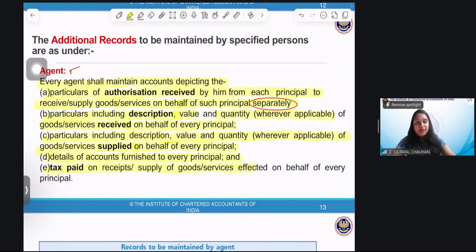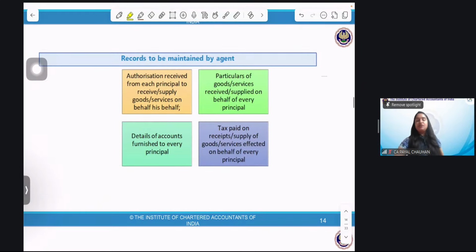If I ask you a question, write a short note on what are the additional records which are to be maintained by the agent as per the rules, and I ask you for 4 marks, are you able to write? Okay, let's do it. First of all, be honest to yourself. First thing, I need to have A, which stands for